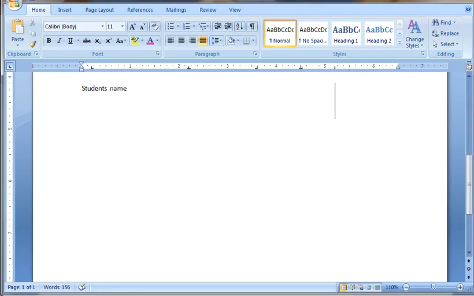Using the tab key, and tab, use tab. Enter the name.